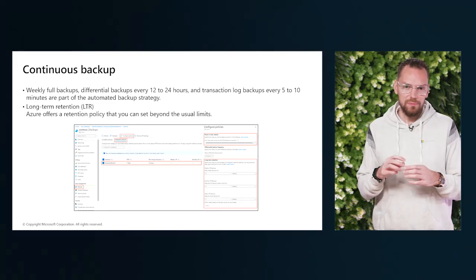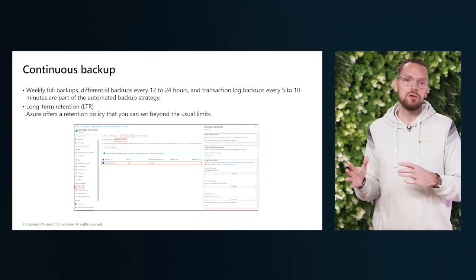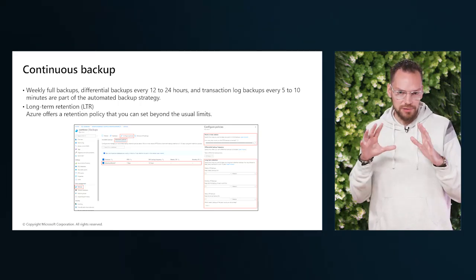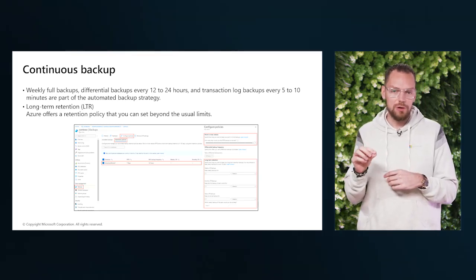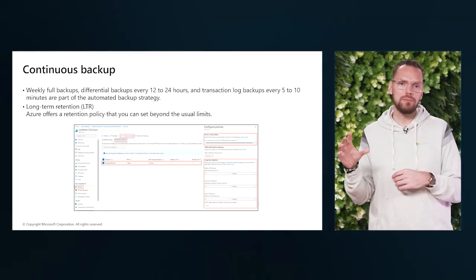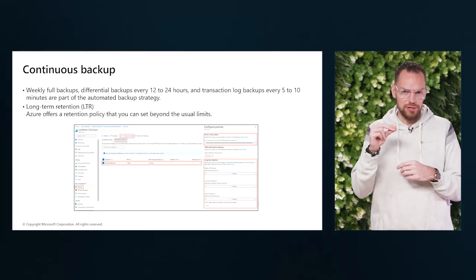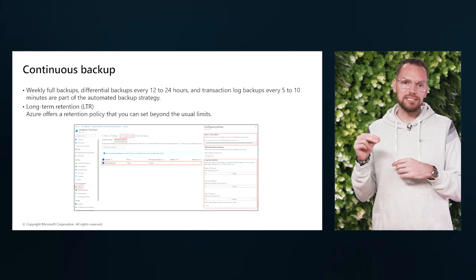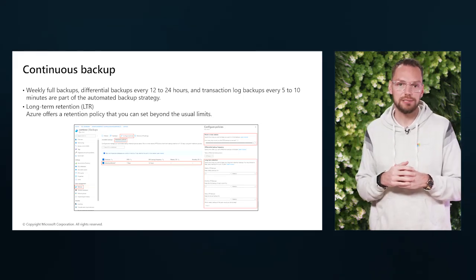When we talk about the backup and the backup strategy, there's a lot that can be said. We can talk about different metrics like the RPO and the RTO. The RPO, recovery point objective, refers to the maximum acceptable amount of data loss measured in time. The RTO, the recovery time objective, is the maximum acceptable amount of time to restore the database after a disaster.